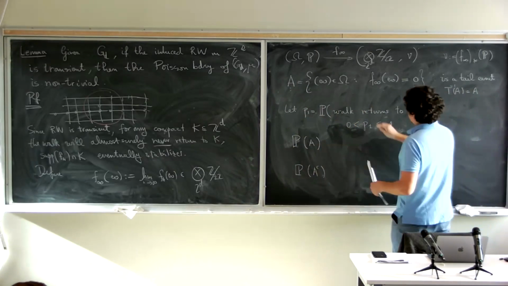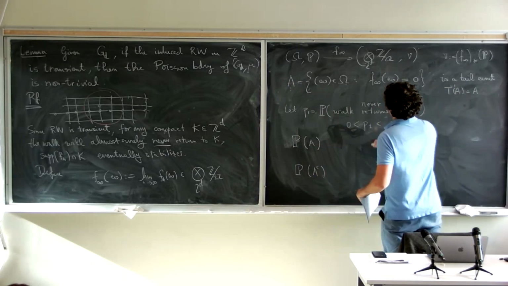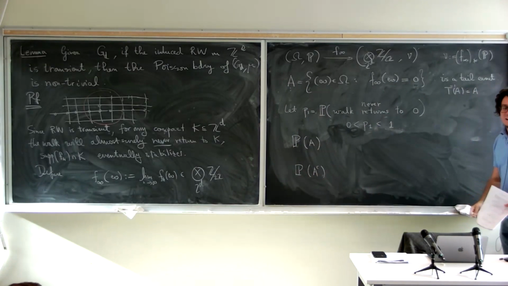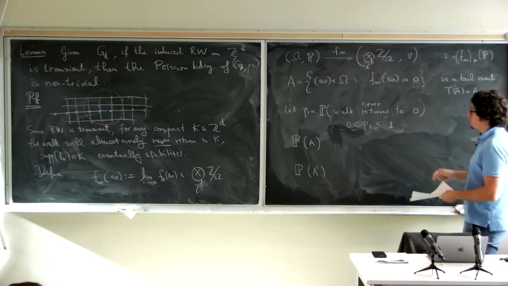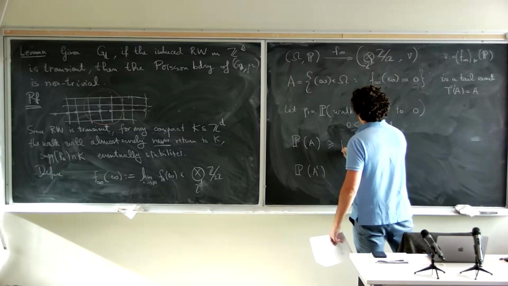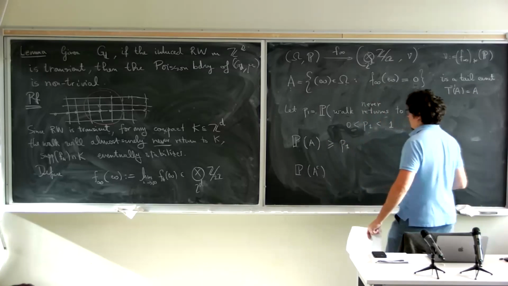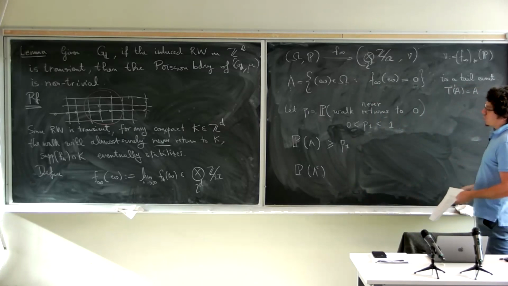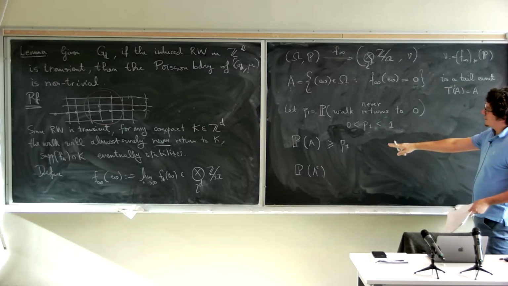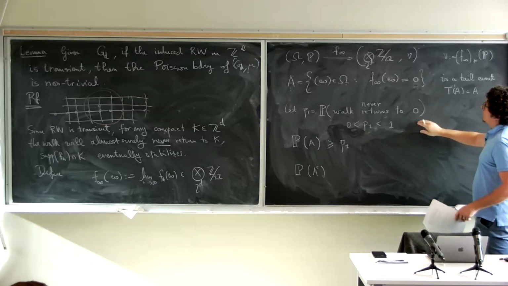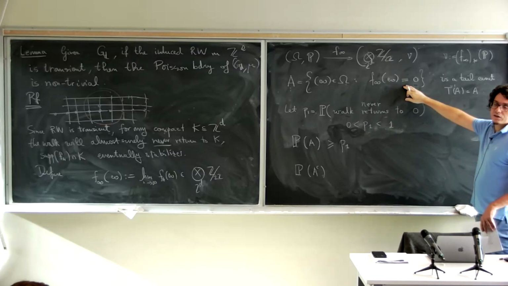Oh, sorry, the probability the walk never returns. It would be the same, but let's say the opposite: the probability that it never returns to 0. So the probability of A is bigger than P1, because what you could do is nothing and then never return to 0. And then your limiting configuration